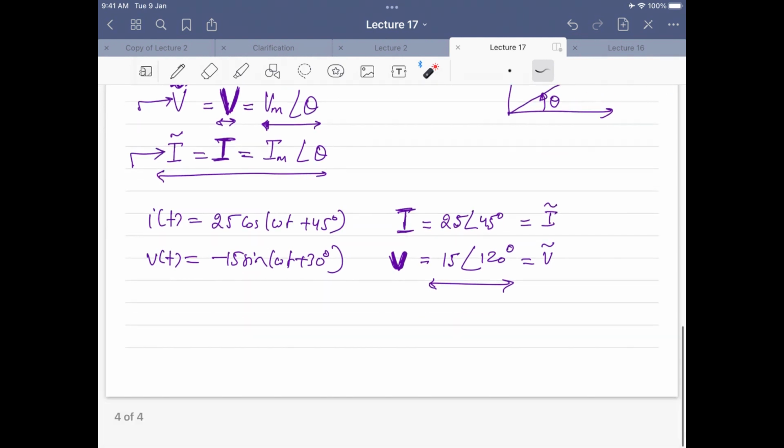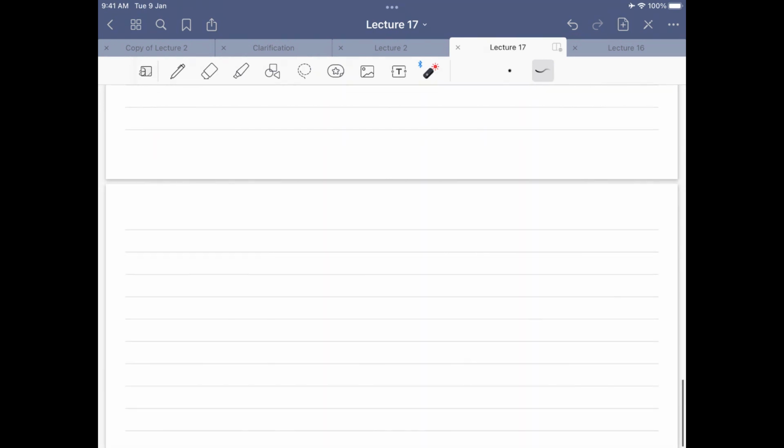Okay. So another important concept involving these phasors is the impedance. We want to understand the impedances. What are impedances? Like in the case of resistances in DC circuits, in the same way we have impedances in AC circuits. So we will try to understand the impedances for the different types of elements in AC circuits, which are R, L, and C.